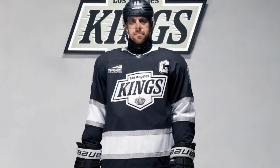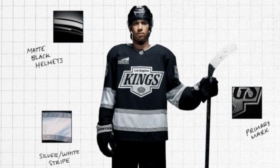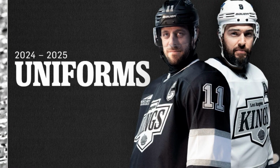Next up, we got the LA Kings, and if they were currently rocking the ones that they had last season, I would put them in this tier, but with them rebranding like the Anaheim Ducks, I'm going to bump them up to the B tier. I don't think that they're on the same class as some of the logos and jerseys that are in this tier, but I do think that it's a huge upgrade just like the Ducks,